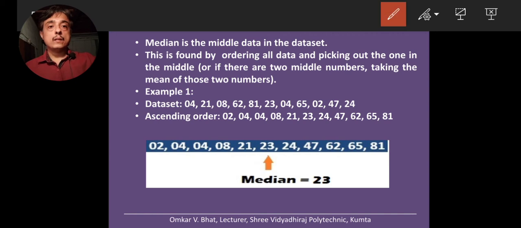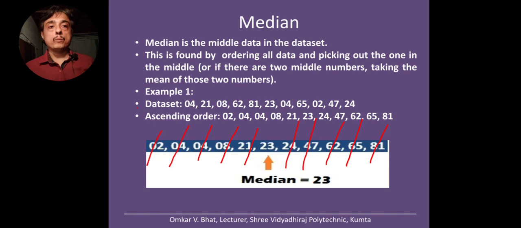So which is the leftmost data? This is the leftmost data. You need to hide this. Then the rightmost data, hide this. Then the next leftmost data you hide this. Next rightmost data you hide this. So in this manner you hide data like this. So only one data remains at the center, that is 23. Now that 23 is called as median. So this is the easiest method of finding the middle data, that is median.